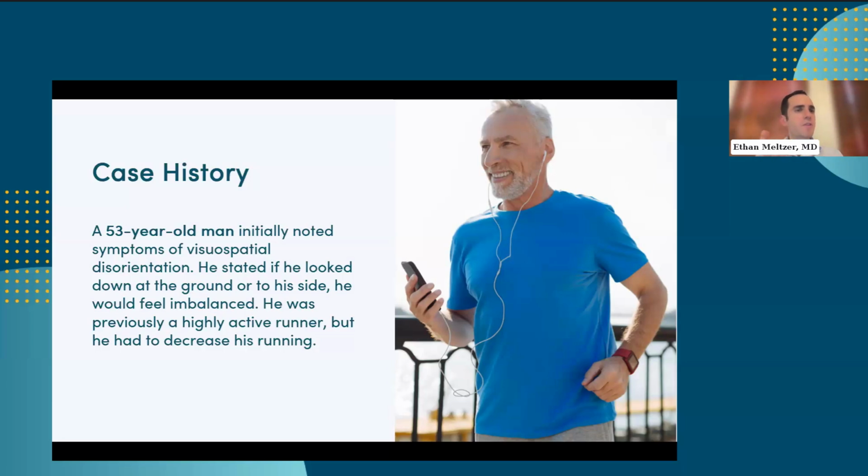This was a patient who initially developed symptoms at the age of 53, and really the dominant features initially were related to visuospatial disorientation. And I won't read all the text here, but this was someone who was very active. He was a runner, but started to feel quite imbalanced. When he would look around, he would become disoriented, really had to stop the things that he was doing in his daily life. This was relatively slow moving, and then over time, as things progressed, a year later, he began